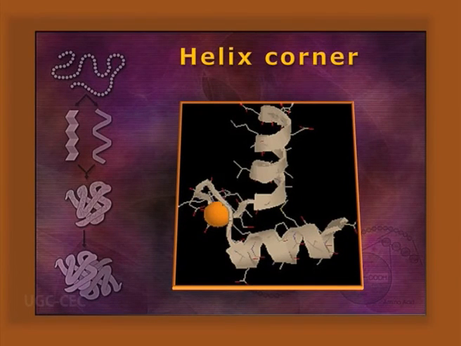Helix corner. Now, 2 helices are right angled with each other. It may also be called alpha-alpha corner. You can follow the ligand binding site at the loop of the hydrophobic region.